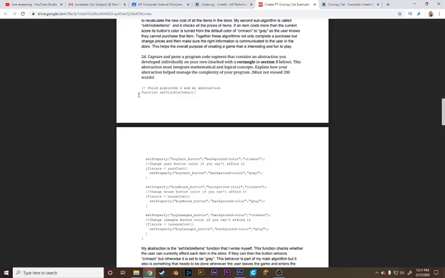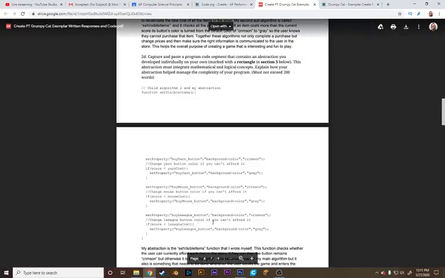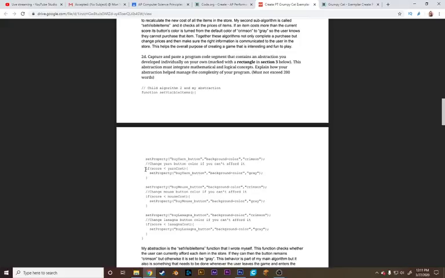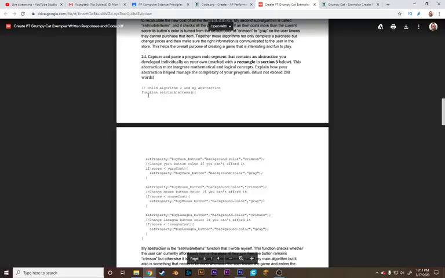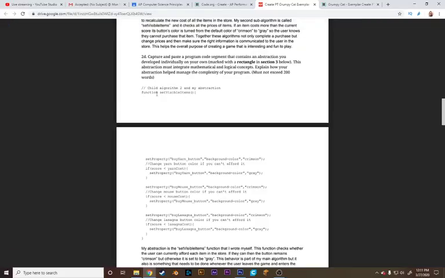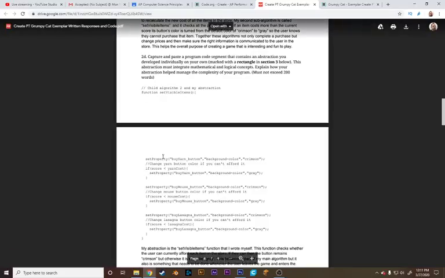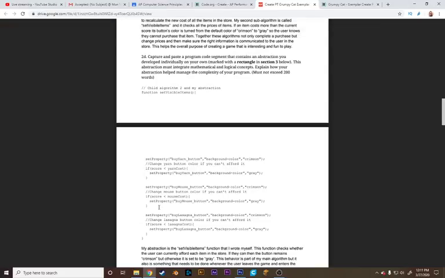So this individual is claiming that this function helped manage the complexity of these things. Notice that there are several set property and several if score lines of code. Well, all of this stuff is being managed by this single function. When you call it set visible items, it is managing all of this. So that is the idea behind managing complexity. All this complexity was managed simply by being able to call this one single function.